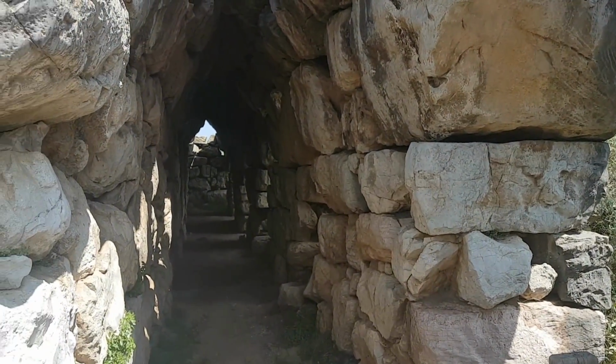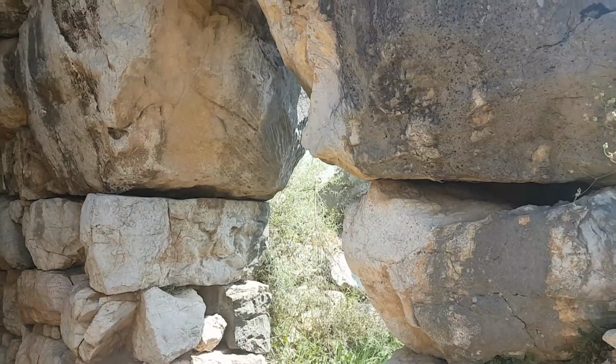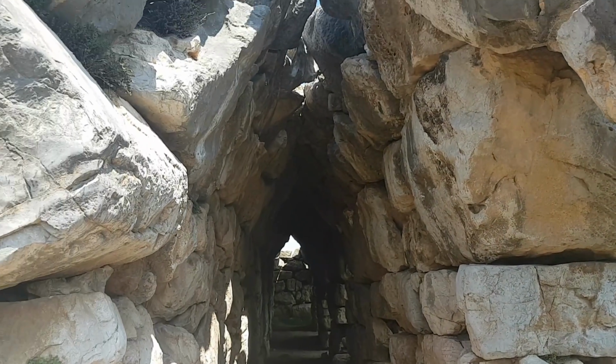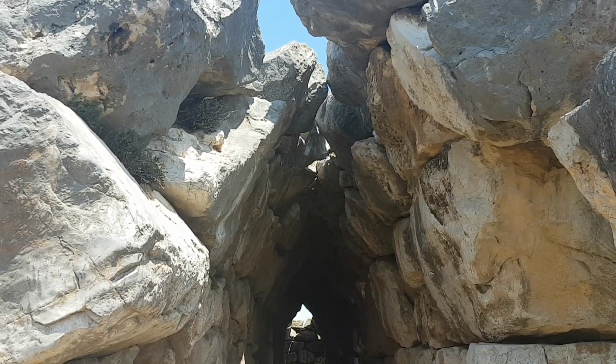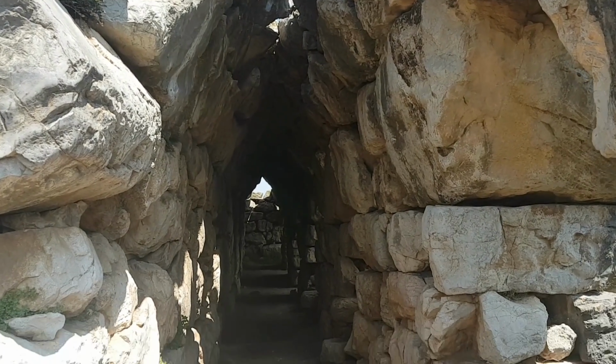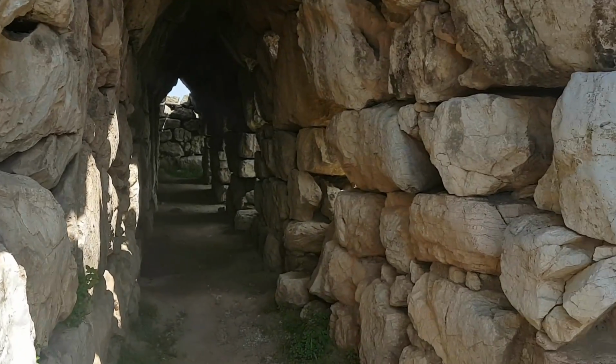So just before I went down, I thought I'll take a look around this corner, and this is probably one of the most interesting parts of the site. It is probably going to be difficult to make out, but can you see how it's got a vaulted roof there where the stones meet? And there's an archway,